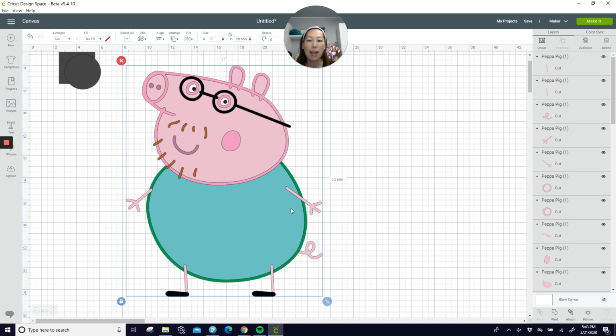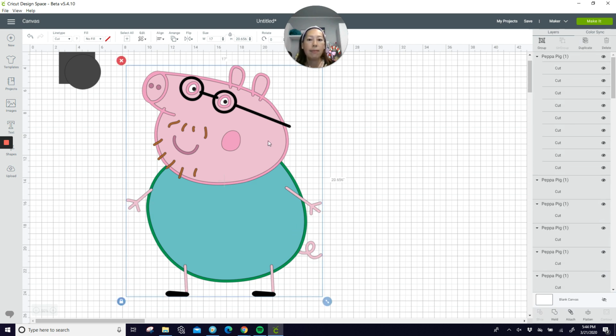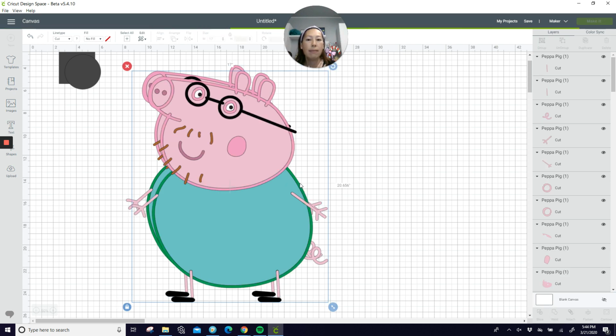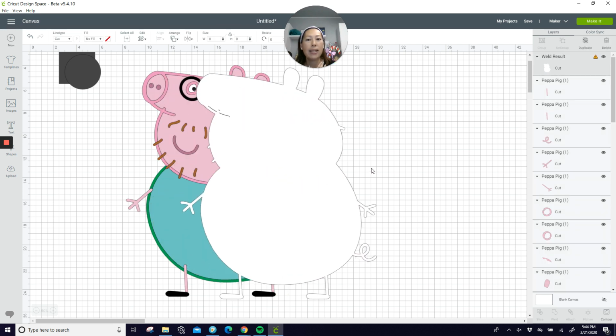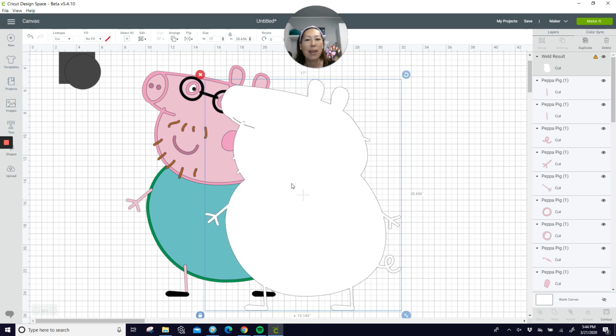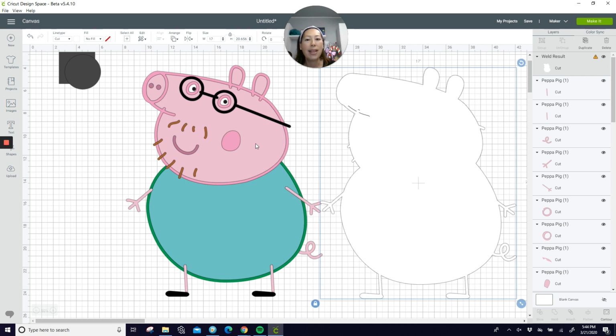So this black background that I was talking about, in this case, it can be any color because you don't really have a black background. You just have a bunch of different colors all pieced together. So all you do is you duplicate it. And then as soon as it duplicates, we're going to weld it. And like I said, because this background doesn't show at all, you can cut it in any color. And I like to use 65-pound cardstock for this because it's the cheapest and it's the easiest to cut on your machine so you don't ruin your blades. So this is going to be all the way in the back. And then everything else is going to, when you cut it, you're going to now tape it onto this piece,